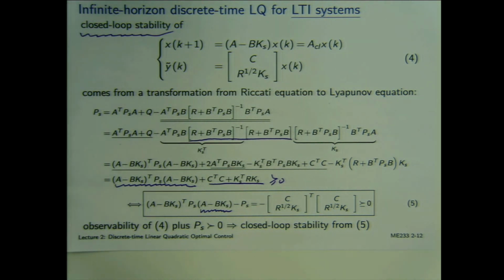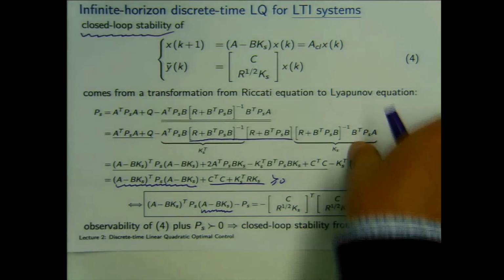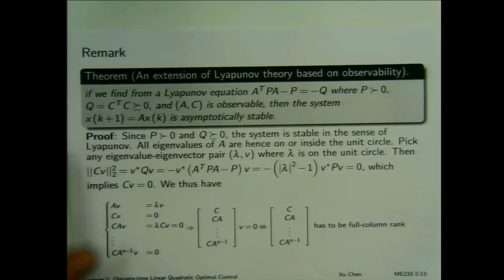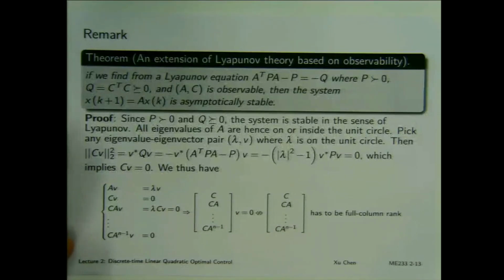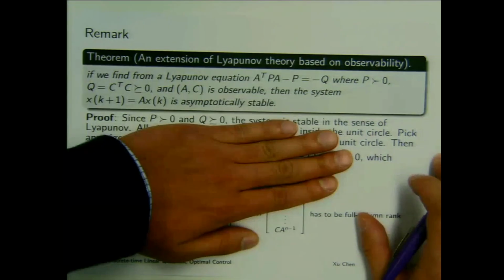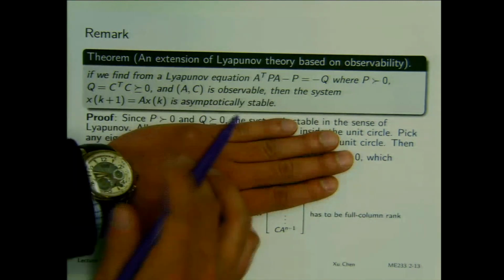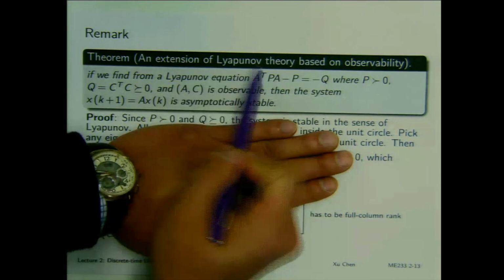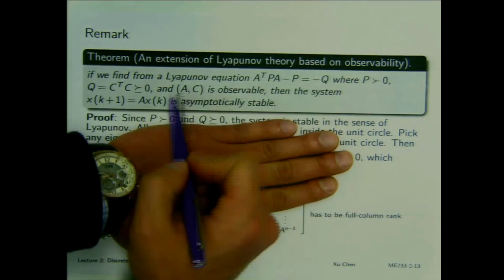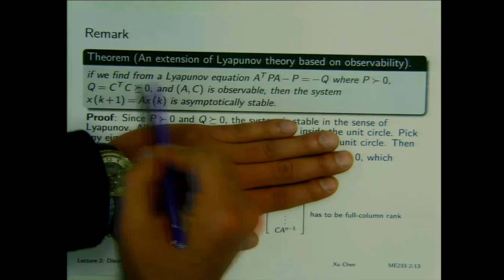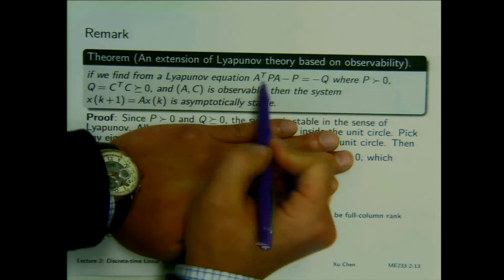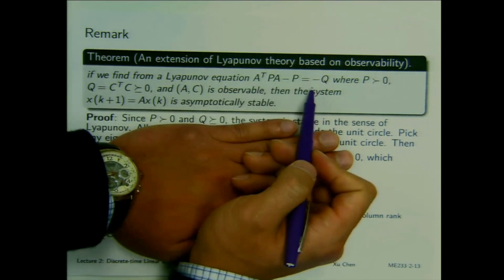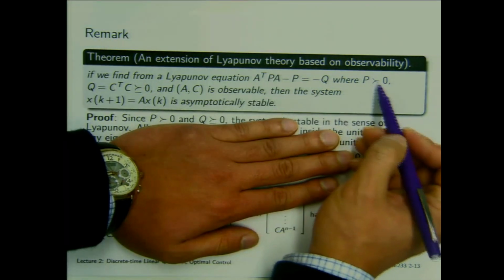I have to somehow conclude it's asymptotically stable. So that's one more step. And I will show you this powerful theorem. It turns out this is something that's used in a lot of places. This is an extension of Lyapunov theory based on observability. It says this: if we find from a Lyapunov equation, this is a standard Lyapunov equation, where P is positive definite,